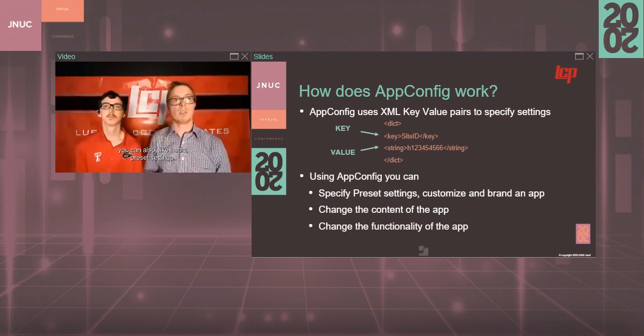Using AppConfig, you can also, like I said, preset settings. You can customize, and you can also brand an app. Some apps that I've seen that have done some really cool things, such as Jamf Setup app and Jamf Reset. You can go as far as rebranding it. I'm not sure about that app specifically, but you can use AppConfig to totally rebrand an app specific to an